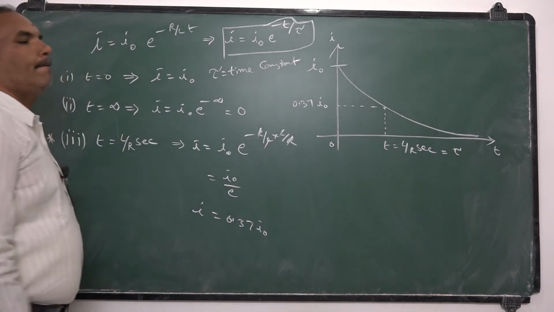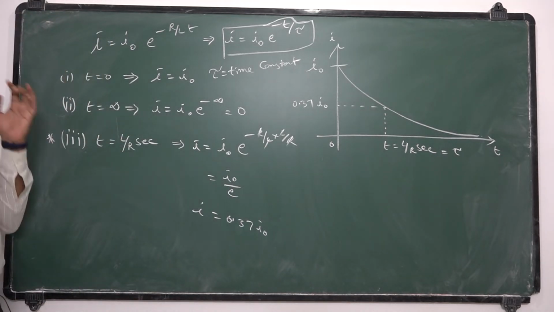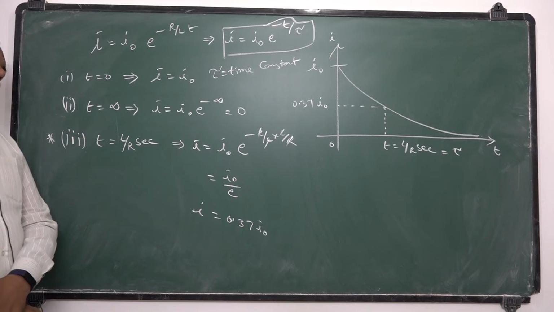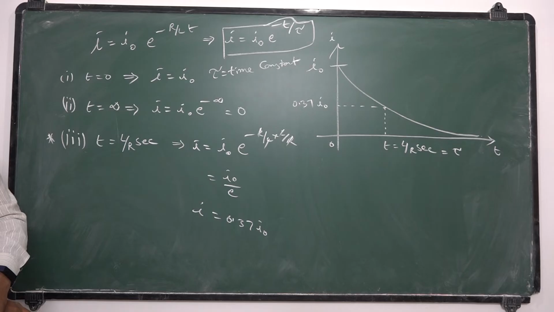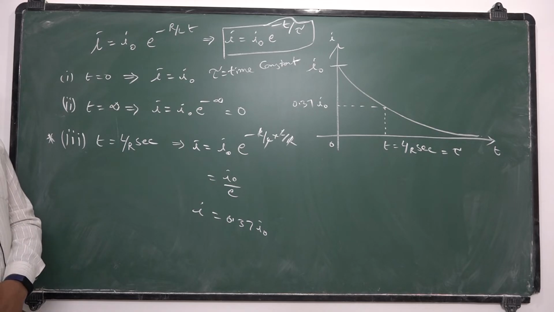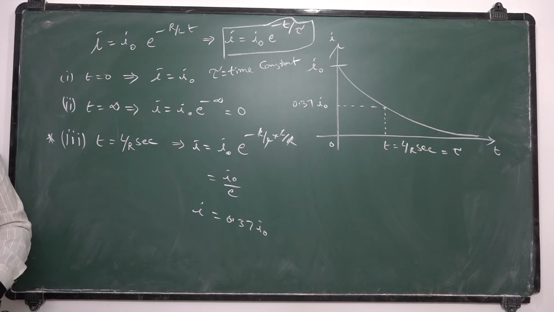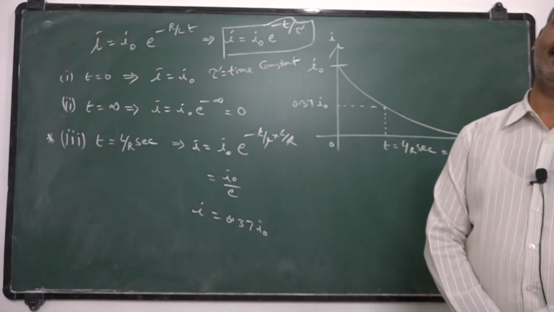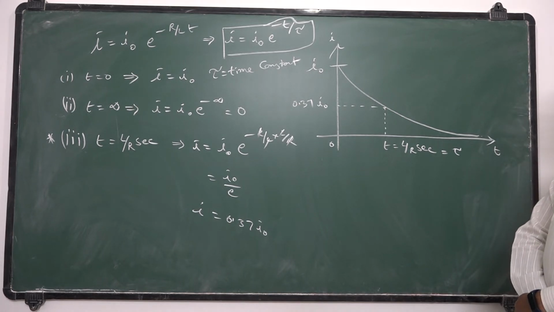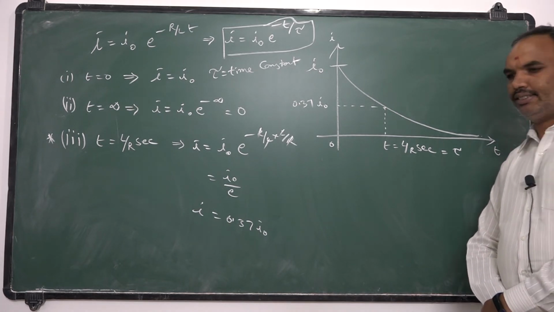So this is the general idea of the particular problem. We observed how the current is growing, how the current is decaying, what the time constant is, how it is exponentially increasing and how it is exponentially decreasing while decay is considered. So all these points we understood. Based on all these ideas, how the problems are designed and how we need to solve them, now we are going to discuss.